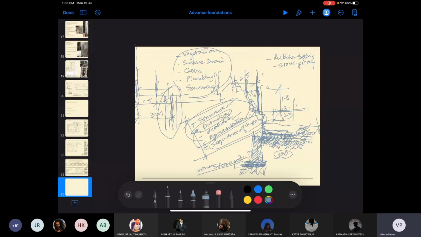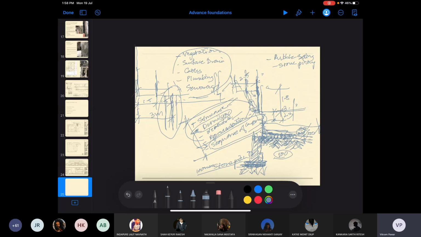Understood? This point is clear. So in soling, it is doing dual purpose. It is not only preventing the cement from leaching into the soil below, it is also acting as a structural system. Okay, remember that there is no reinforcement over here. So it is acting as a structural system.